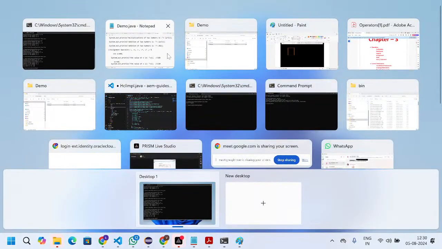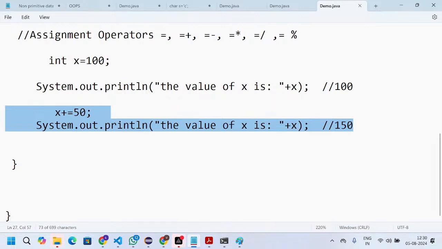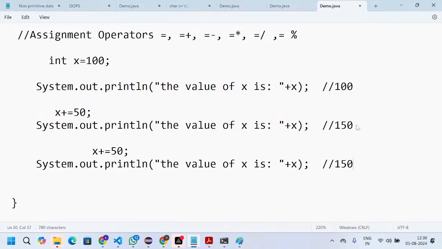For the remaining cases also, if I want to minus 20 rupees from my kiddie bank, I will copy the statement and mention minus 20, meaning I am removing 20 rupees from my kiddie bank. Here I will get the result as 130.